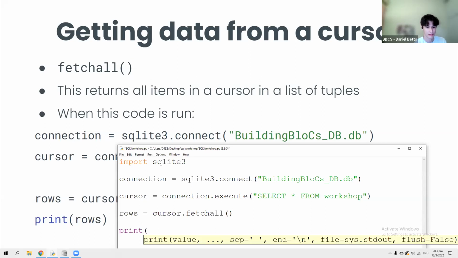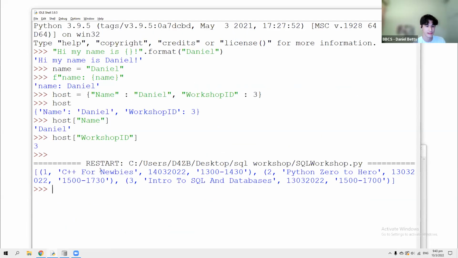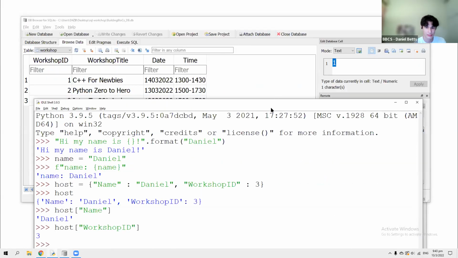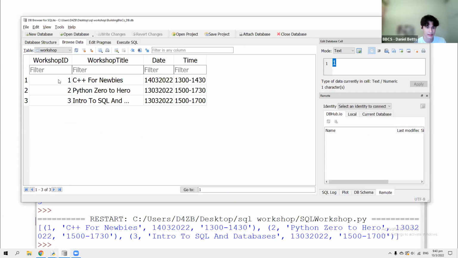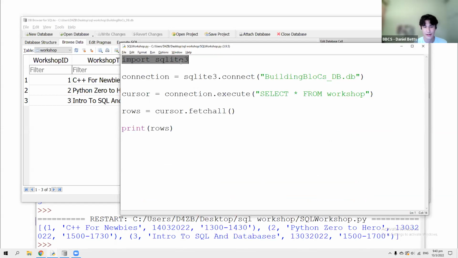We go print rows. And if you run this, hopefully there's no errors. There you go. We get all the data which we wanted to get from the database, which is, show you guys. So we get 1 C++ for newbies, 2 Python, 3 Intro to SQL and Databases. So just to reiterate, we have to do import SQLite 3 first, then connection. We must connect Python to the database. So it's SQLite 3.connect. And from there on, we can use any connection.execute statement with any SQL statements you wanted